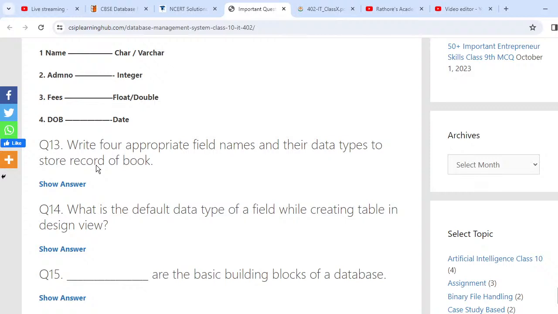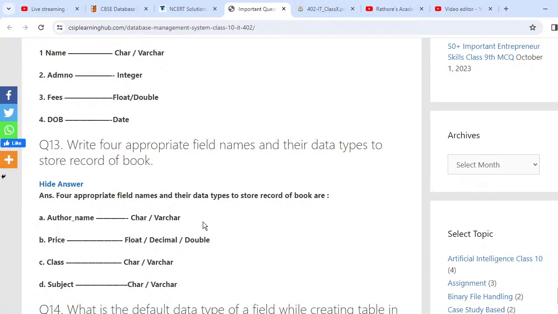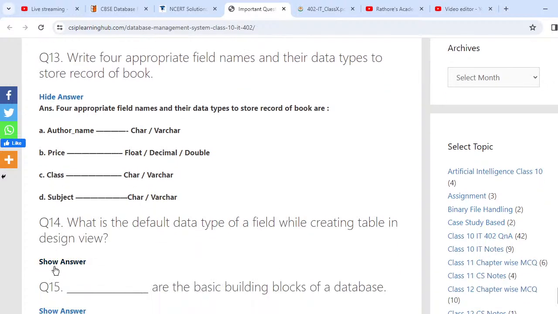Write appropriate field name and their data type for book. बुक का अगर आपको रिकॉर्ड रखना है तो बुक का एक आईडी होगा, बुक का एक नंबर होगा, फिर उस बुक का नाम होगा, बुक का ऑथर भी हो सकता है या फिर टॉपिक भी आप ले सकते हो, तो वो आप कुछ भी बना सकते हो, ठीक है। ऑथर नेम तो varchar 50, और बुक का प्राइस भी होगा डेफिनेटली, तो फ्लोट में आप ले सकते हो। किस क्लास के लिए है, तो उसके लिए फिर से आप varchar डाल सकते हो, सब्जेक्ट कौन सा है, तो बहुत सारे कॉलम जो भी आप सोच सकते हो, कुछ भी दे सकते हैं, ऐसा नहीं कि जो यहाँ पे लिखा है वही आप लिखोगे, ओके।